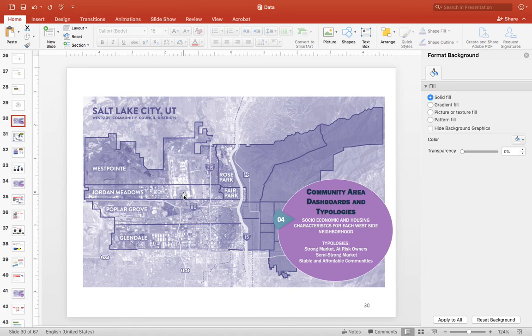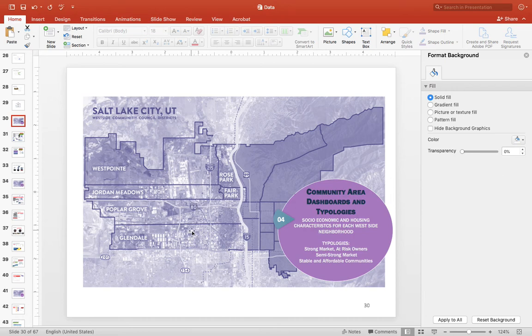Hello, I will show you how to do this exercise, community area dashboards and typologies. Here we will look at socioeconomic and housing characteristics for each westside neighborhood. As you know, there are 6: Rose Park, Fairpark, Westpointe, Jordan Meadows, Poplar Grove, and Glendale. Here we will categorize these